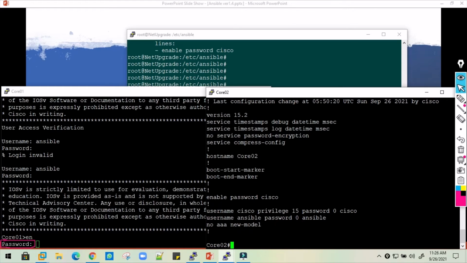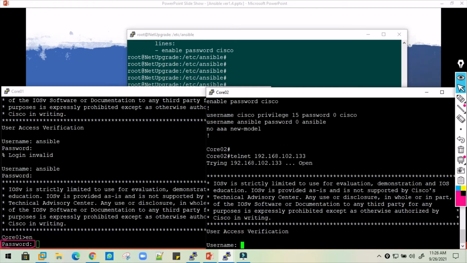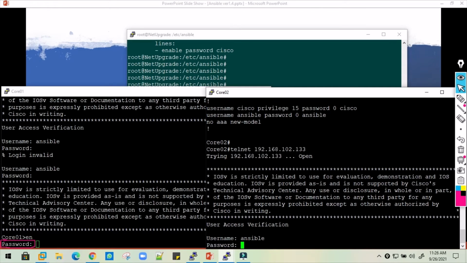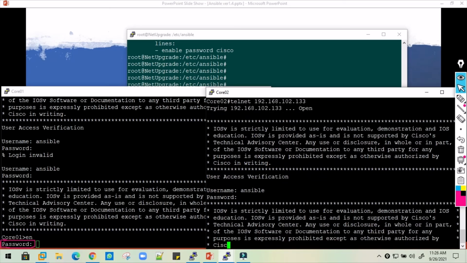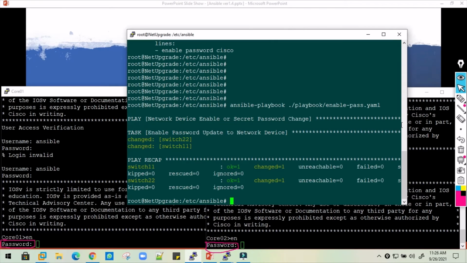Let's try on the second switch as well. Up arrow key, the same IP, telnet and the IP address, Ansible, now enable, and again it is asking what will be the password. So it means whatever script we had executed from the Ansible server has been successfully done, which also indicates it successfully executed the script.